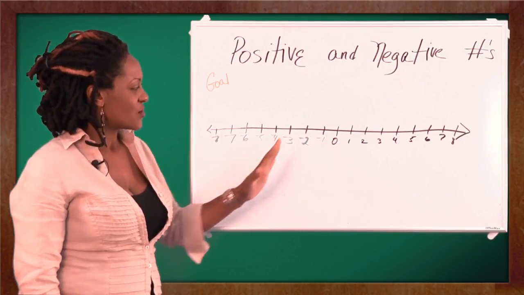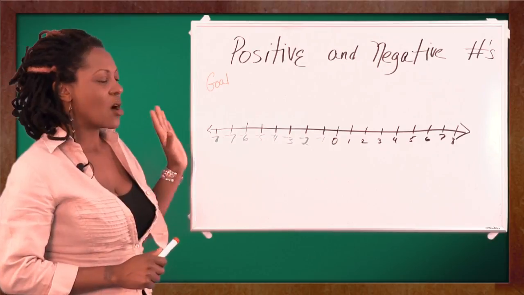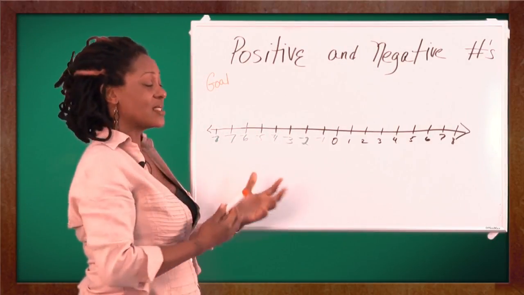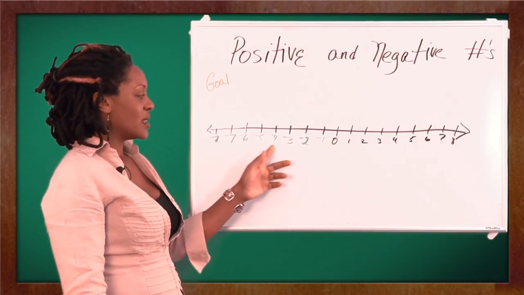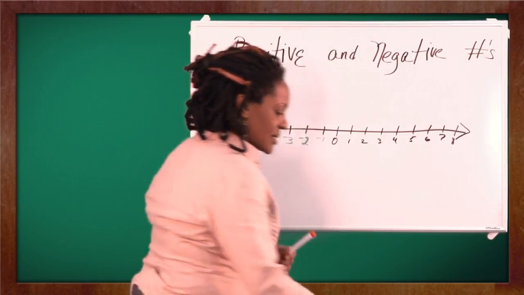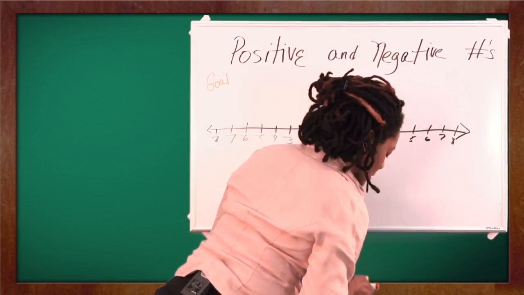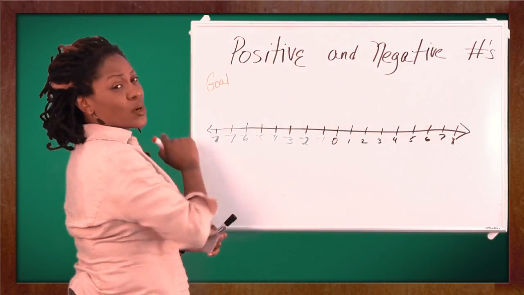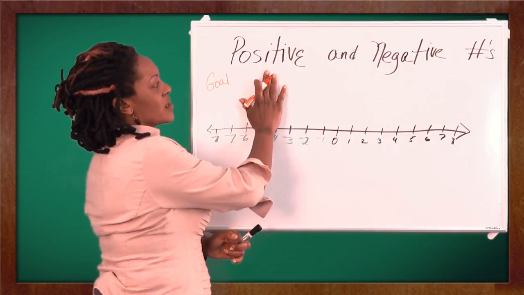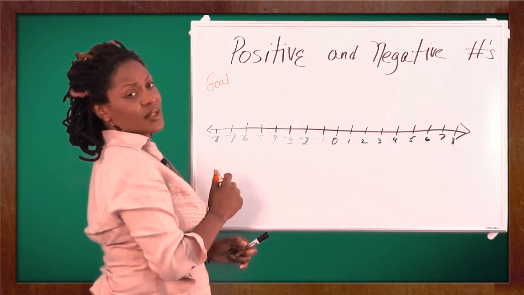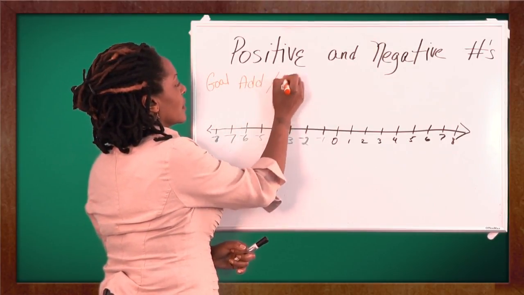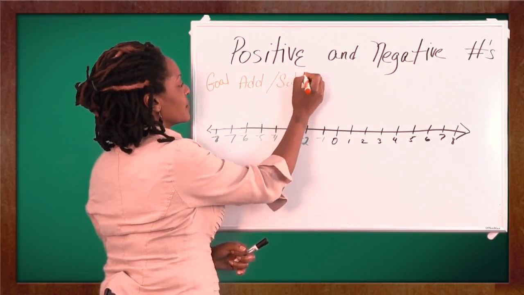So again, let's just really understand what's happening on the number line. Moving to the right, we have positive values adding to the number. Moving to the left, we're subtracting. Okay? So let's just give ourselves a little example. I'm going to use my black marker. Here I wrote the word goal because we should always know where we're going with this lesson. So here the main heading is positive and negative numbers, and our goal is to add and subtract the numbers,